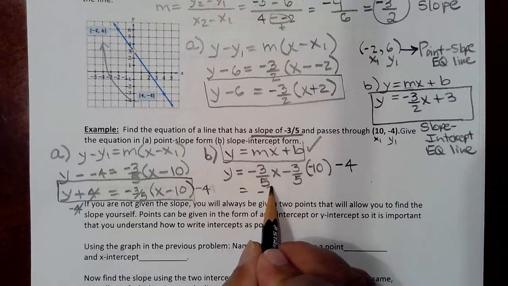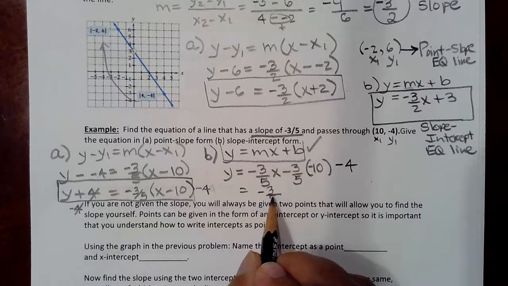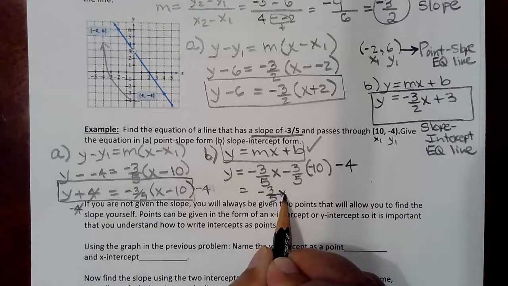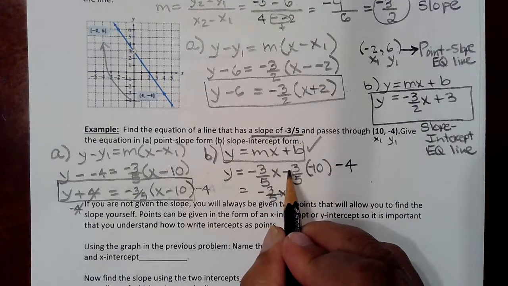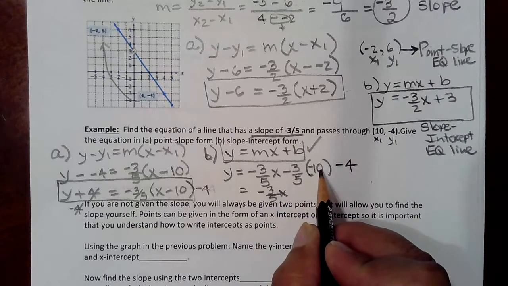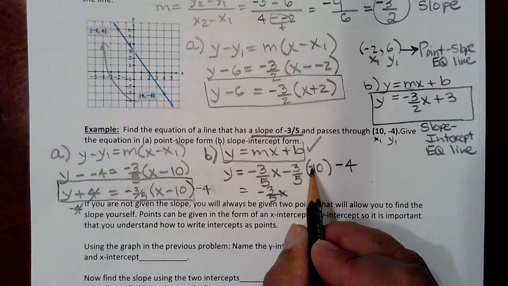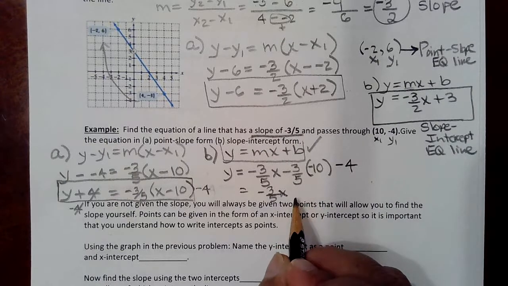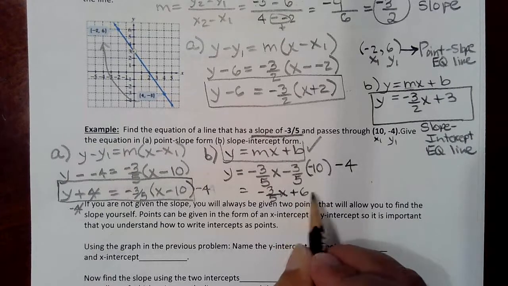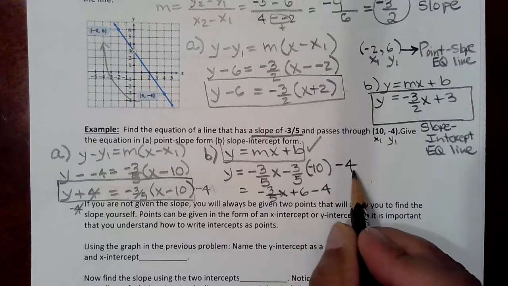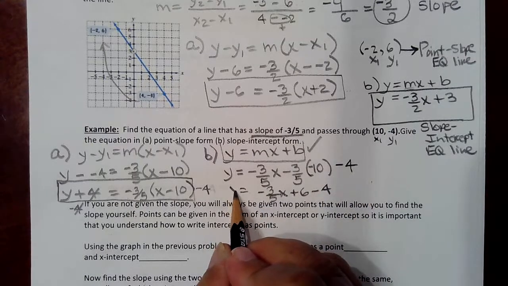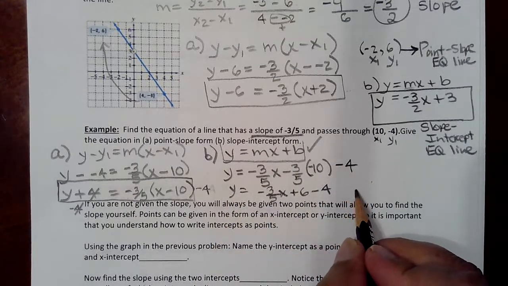So we're at this point right now where we have -3/5 x. And then this would be -3/5 times -10. This times this is 30. 30 divided by 5 is 6. Minus the 4 that's over here. I'm almost there. So this will be equal to